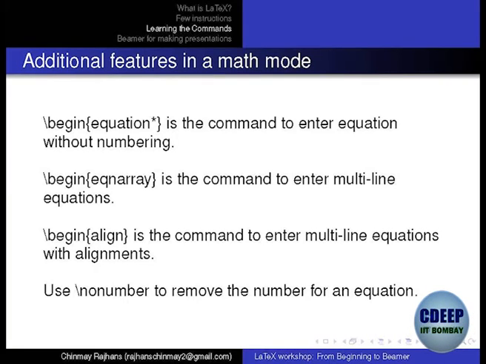And when you are writing multi-line equations, if you put align star, beginning align star or end align star, the numbers will disappear for all of them. But if you want only a few lines not to have an equation number while other lines do, you put begin align, end align, and whenever you put a double slash, just before the double slash you put backslash nonumber. If you put that, that particular line will not have the equation number. And the way to get a multi-line equation is, when you are using align, just put a double slash at the end. Double slash is the character for new line which works inside math mode.